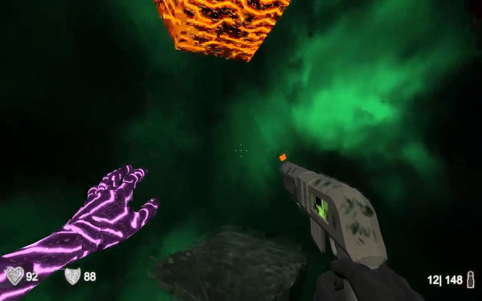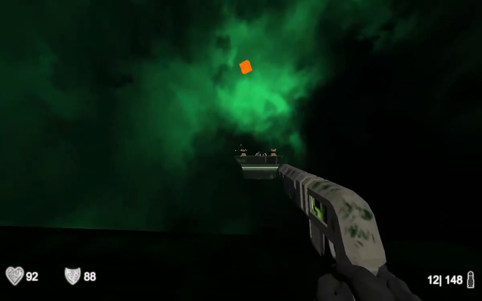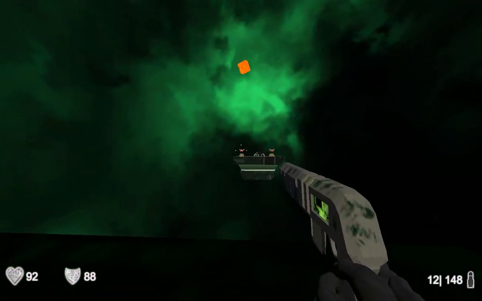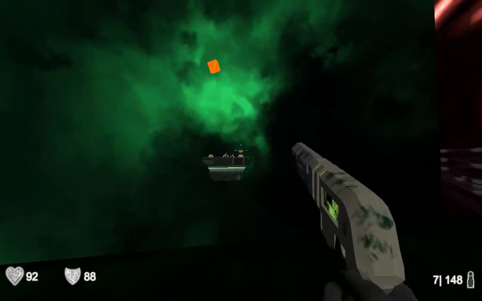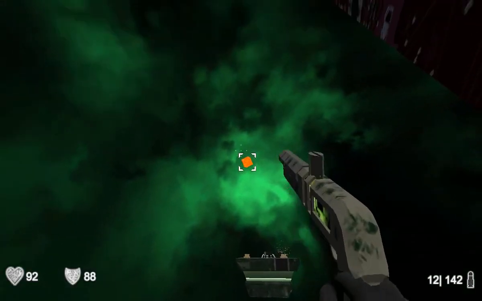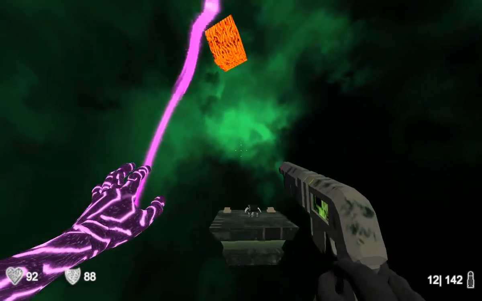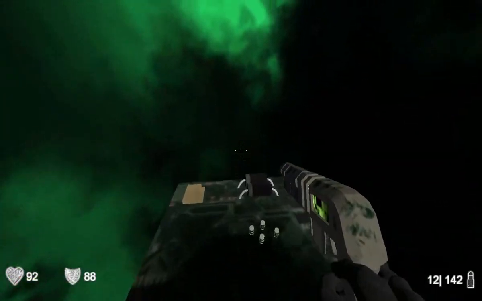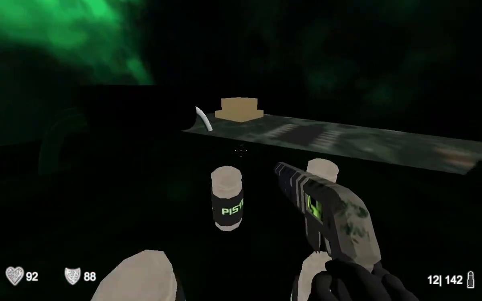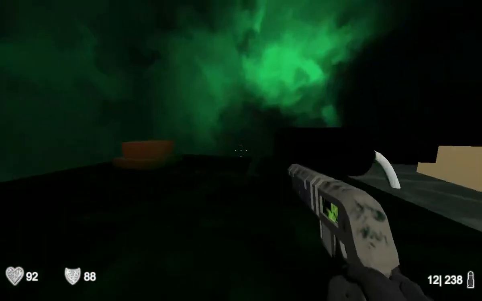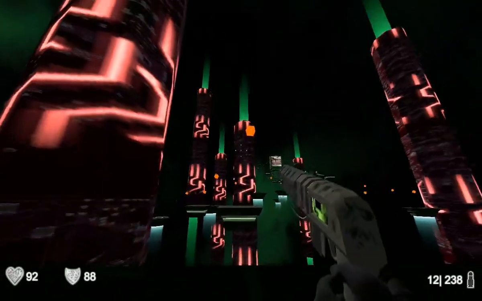So what do we have here? I think we just have some ammunition, some more power-ups here. I'm going to shoot these turrets from here. When possible, I always prefer to shoot things from a distance because obviously it's just better that way. So what do we have here? Yep, 4 containers of pistol ammo, so might as well grab them, but I don't think we'll need them